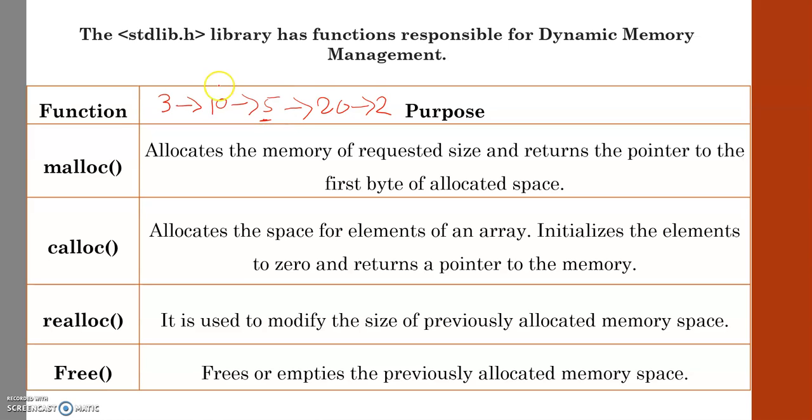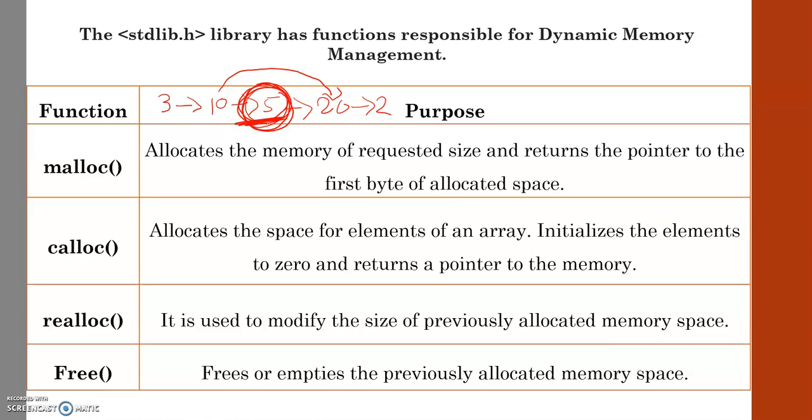So what will I do? I will create the link from 10 to 20, right? But my 5 is still in the memory. I have just changed the link. I have just changed the pointer, but the data is still there. So here actually, if we don't want this node, means if it is not usable, in that case there is no sense to keep it in the memory, right? So we need to free this space, right?